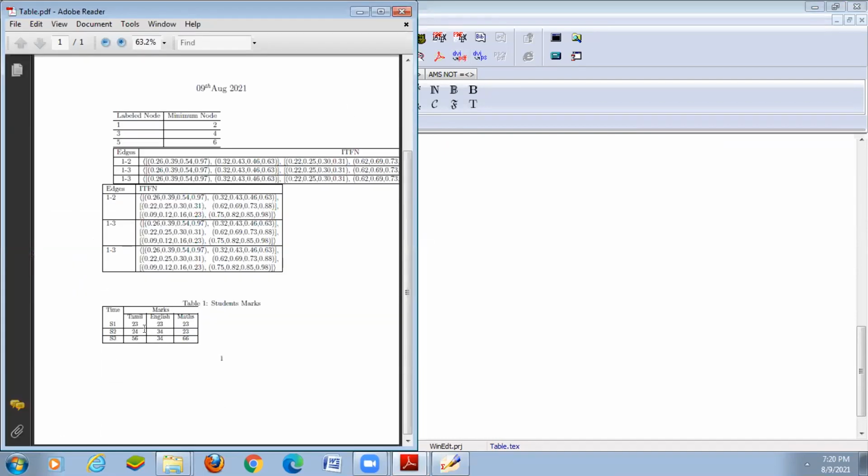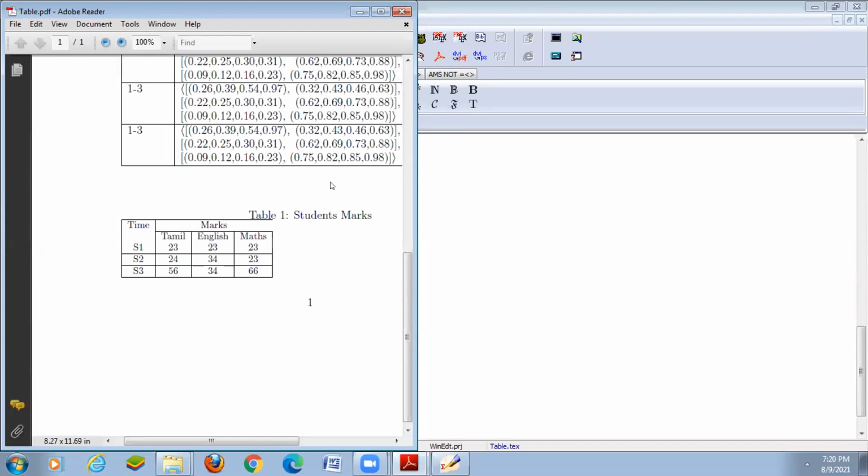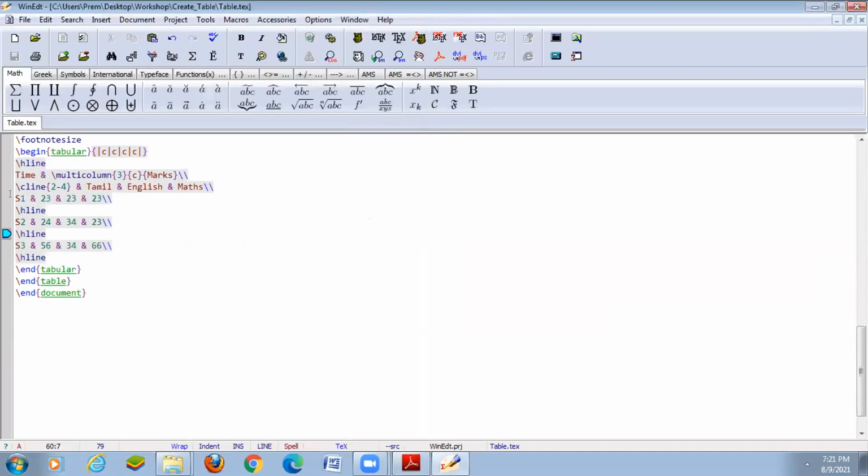So the table will be aligned on the left side. Suppose you want to display it in the center of the page, you can use \begin{center} and then \end{center}. Okay. So now you have to display it within the horizontal line. One more line is missing. So each and every row will end with a horizontal line.